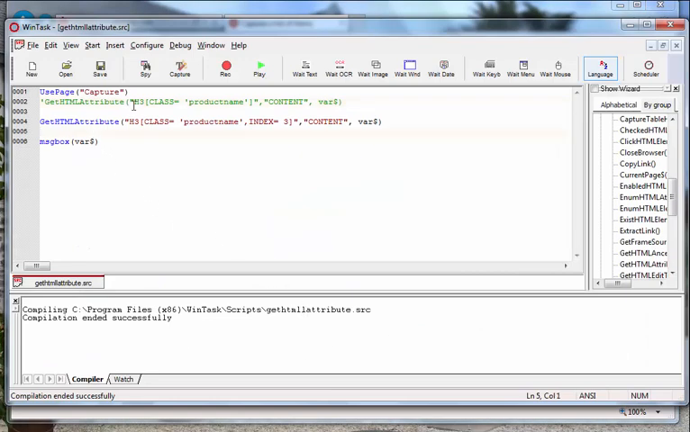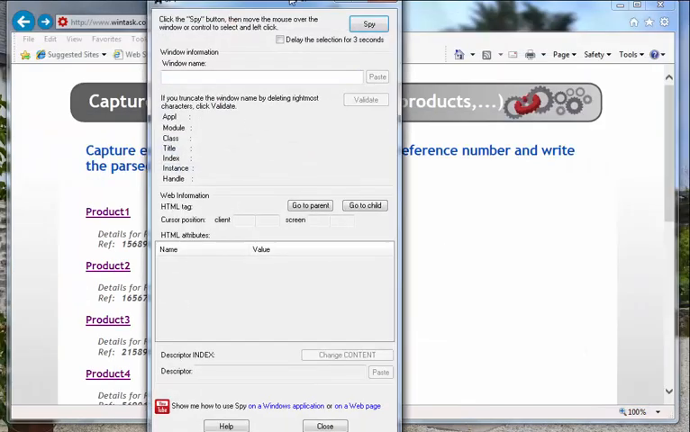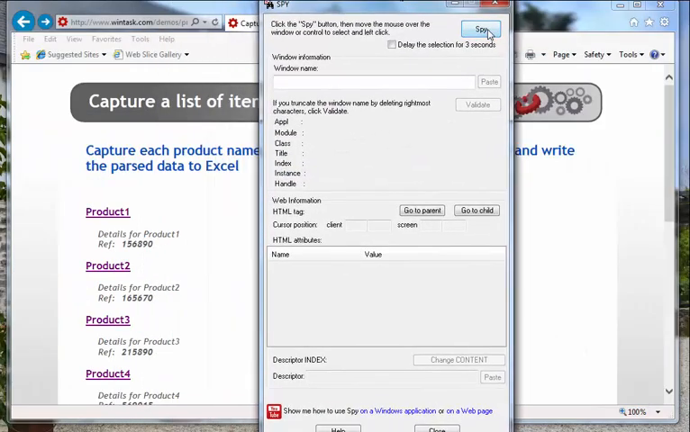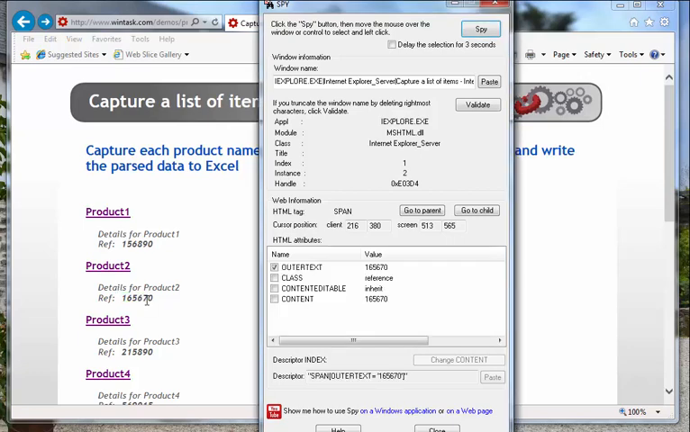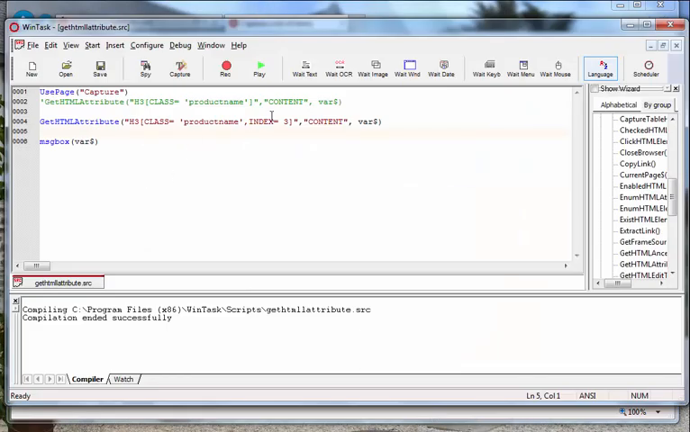If I want to retrieve an attribute content for another object, let's take this one. I see for this one I cannot take outer text as this changes, so I will take class. Again, as it's the second one, an index has been added, and this time I can retrieve the value for either outer text or content HTML attribute. I can use the index